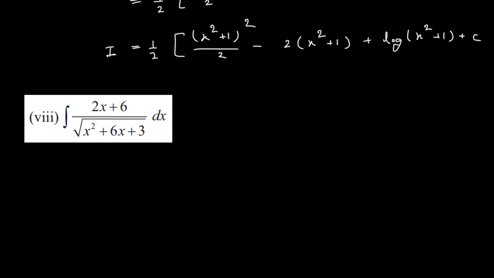Now according to you, what should we substitute? Shall we substitute this x square plus 6x plus 3? It is inside the root as well as in the denominator. So our better choice is to substitute x square plus 6x plus 3. But while substituting, we should also think about what its derivative would be. The derivative of x square is 2x, and the derivative of 6x is 6, and the derivative of 3 is 0. So this (2x plus 6) into dx will be replaced by dt. So your choice of substituting x square plus 6x plus 3 equal to t is the right one.